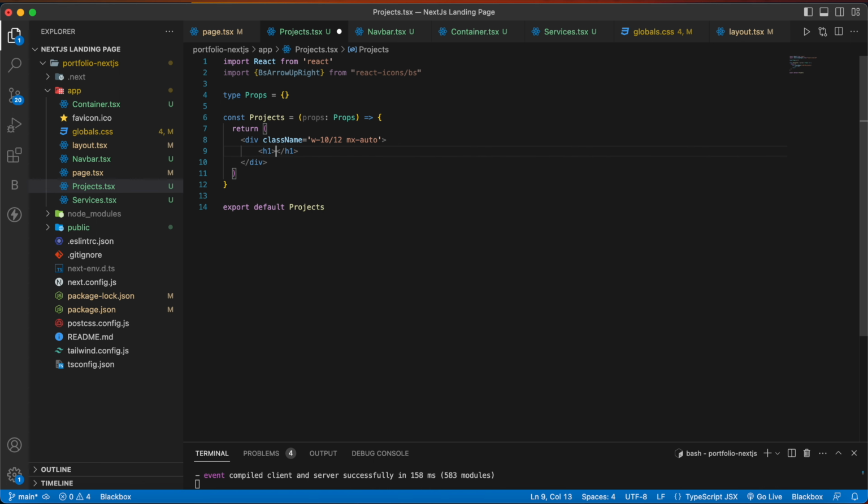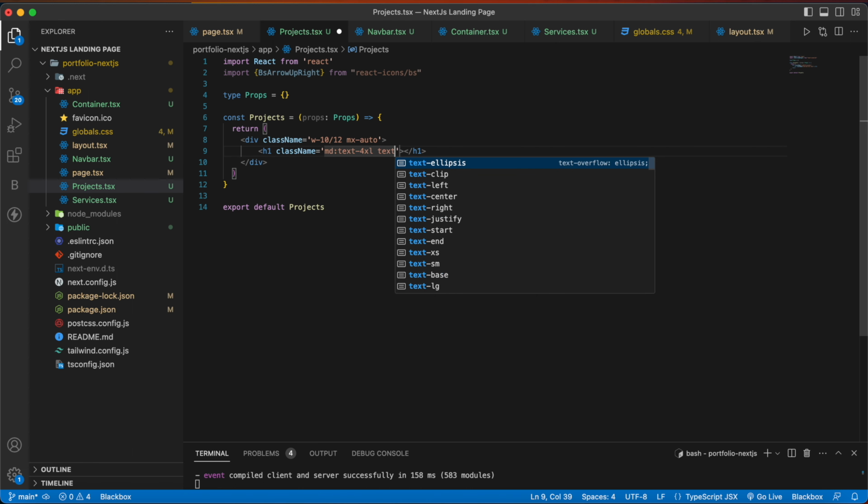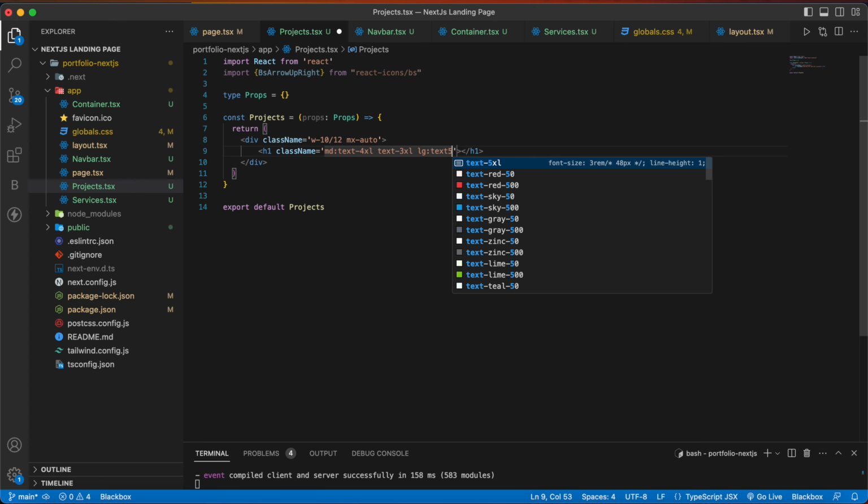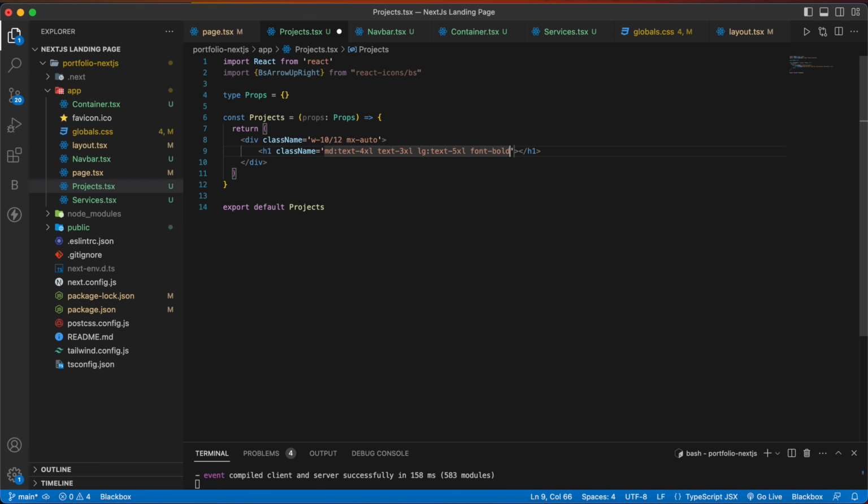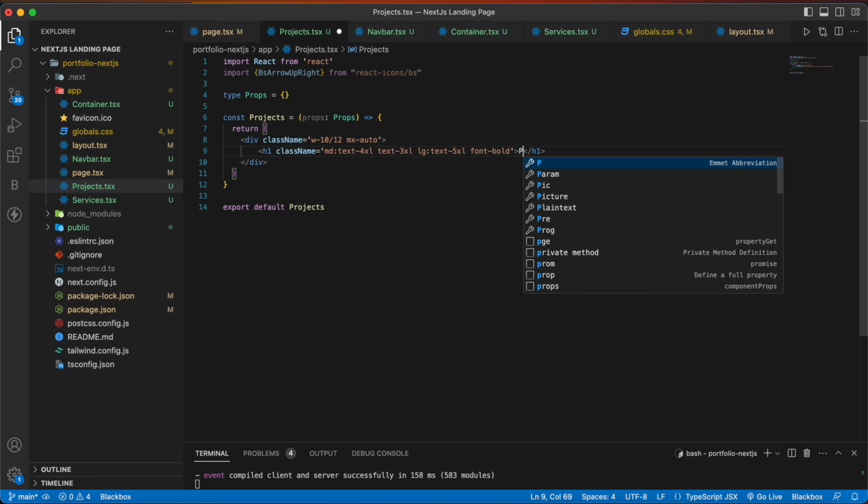Then h1 tag, and it will have a class name md text 4xl, text 3xl, and lg text 5xl, font bold. Then write projects.